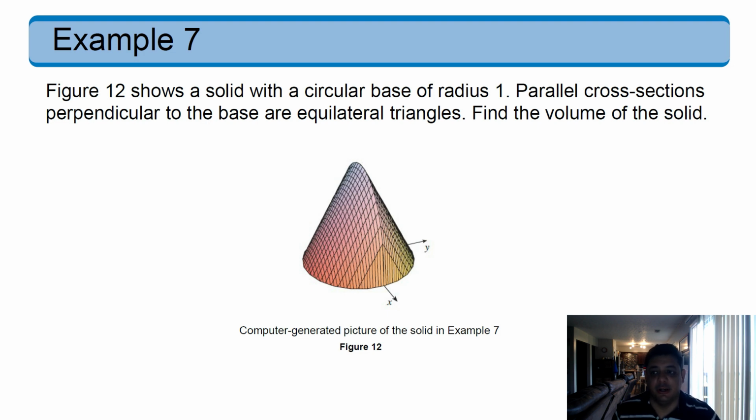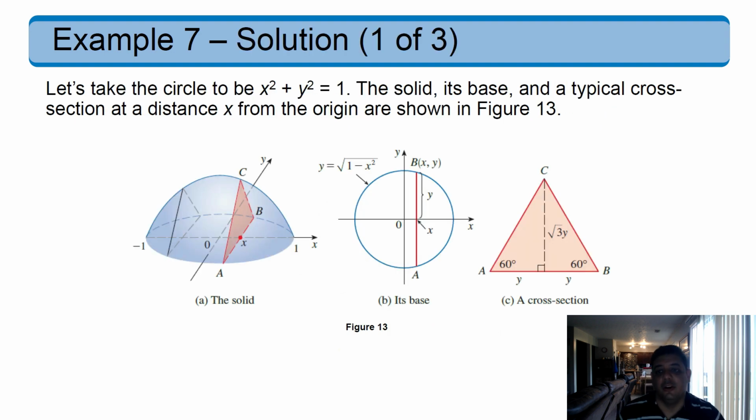For example, here in this figure, we have a solid with a circular base of radius 1, and parallel cross-sections perpendicular to the base. They're going to be equilateral triangles. So we want to find the volume of this solid. This is the picture of what this is. Notice that each of the cross sections is going to give me a triangle. So let's look at how it looks